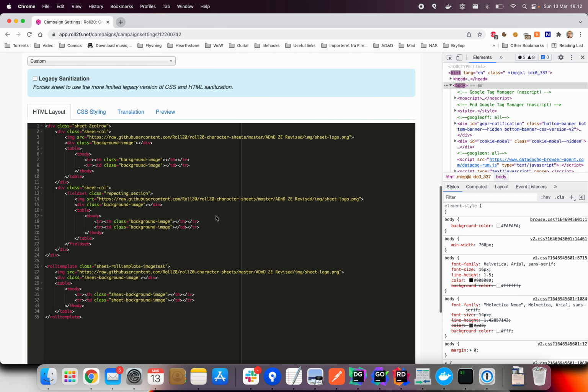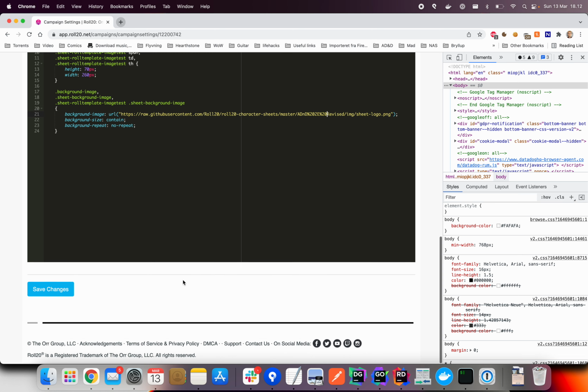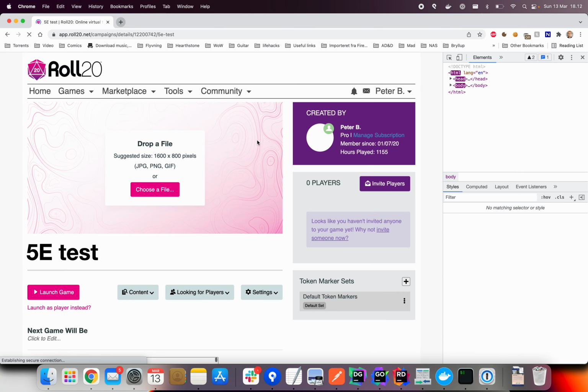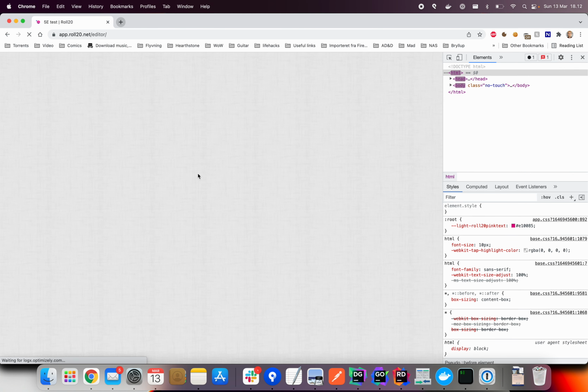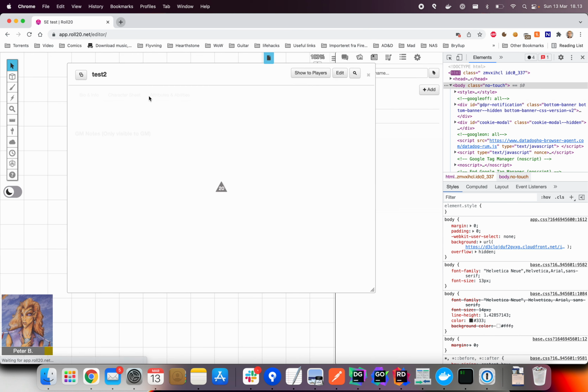So if we go back to the HTML here and we insert %20 in all the places, there we go. And on the styling, I do the same thing. We save it. If we then go back into the game, we will see that